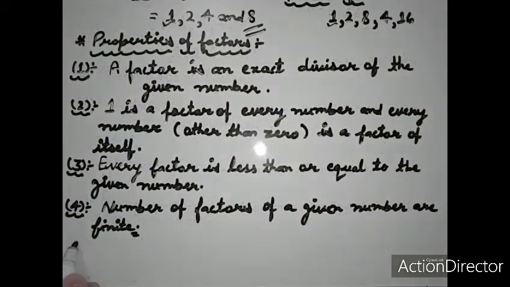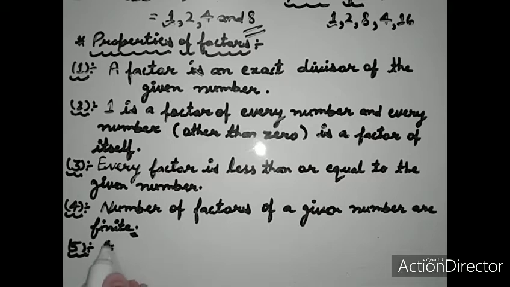Now the fifth property of factors. So dear students, if you find the factors of 13, like odd numbers, here we take an example of 7. If you find the factors of 7, we get 1 multiplied by 7, so here we get only two factors of 7, 1 and 7, same as with 13. 1 multiplied by 13, we get product 13, so we get only two factors of 13, 1 and 13. So the fifth property is every number